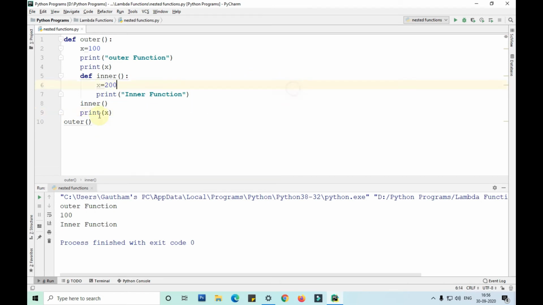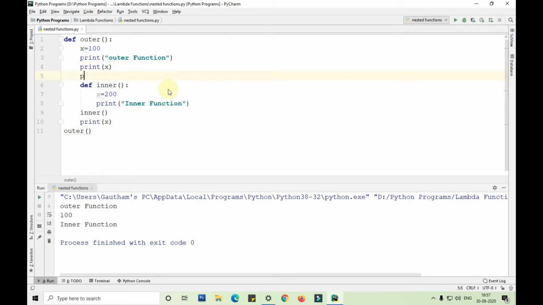So here I'm not printing x in the inner function, whereas I'm printing x in the outer function twice, once after the inner function is called, and after that again. So before that, we'll print a line here.